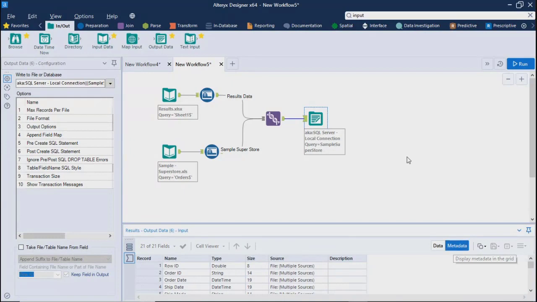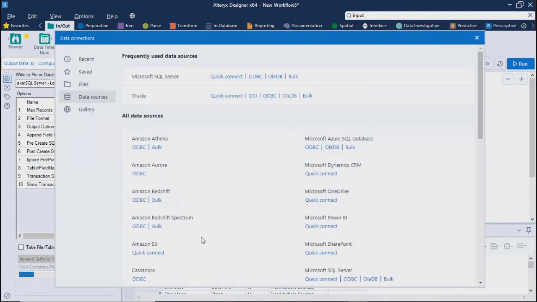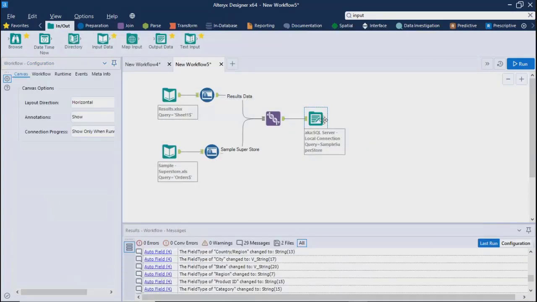So destination could be Excel or any other source as well, right? Whatever you see here, you can create the destination for, if it is file based or if it is database based. Okay, got it.